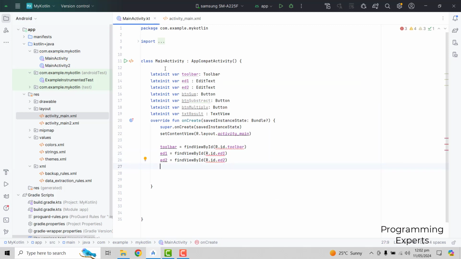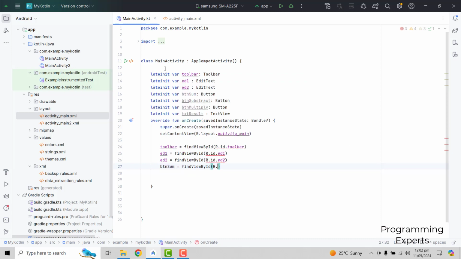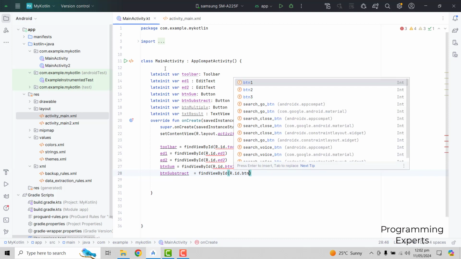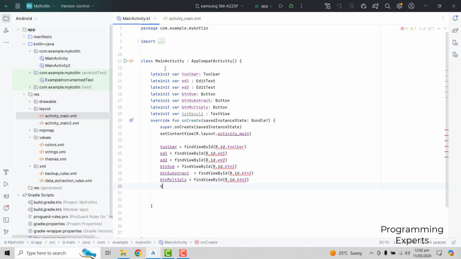Then the buttons: button sum equal to findViewById R.id.button1, button subtract equal to findViewById R.id.button2, button multiply equal to findViewById button3, right? And then finally we have the text result equal to findViewById R.id.textResult, right? So we have initialized all these